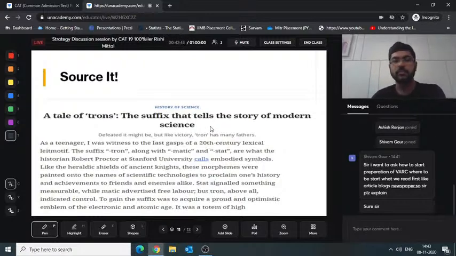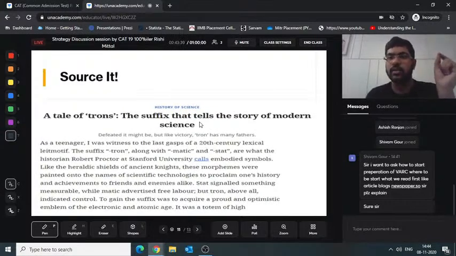Going forward, VRC is not about English. It's about logical reasoning. RCs, summary questions, these are about eliminating the wrong options and not selecting the right answers. So if you have to talk about preparation, whatever material you might have, be it any classes, IMS, Time, Career Launcher, MyQuanda, Unacademy, any material that you might have, just pick that up. Books like RC 99 or anything of that sort. Just do one of those so you'll have a flavor of what kind of questions come in, what kind of passages come in, what to expect from the section.